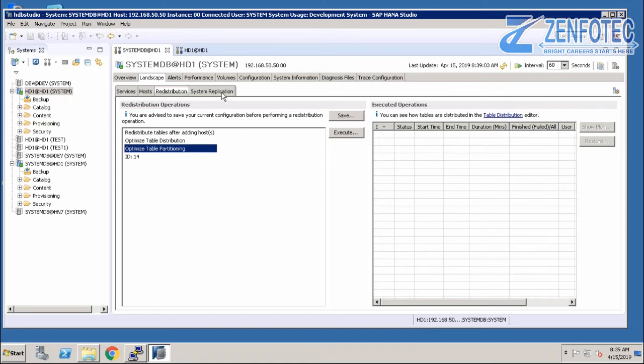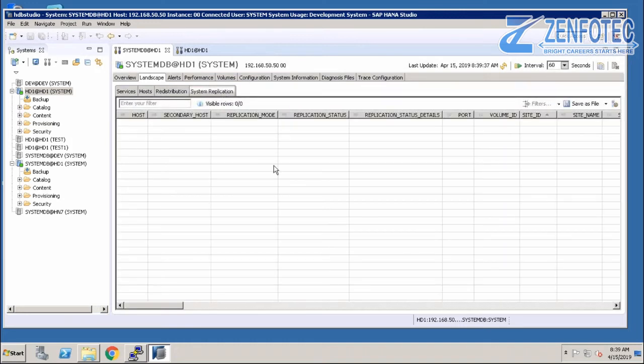Yeah. System replication, when you have configured HA or DR. Okay, so you will be having the HA host or DR host. So in HA and DR, we have the primary database and the secondary database. Primary and secondary databases will be listed here.